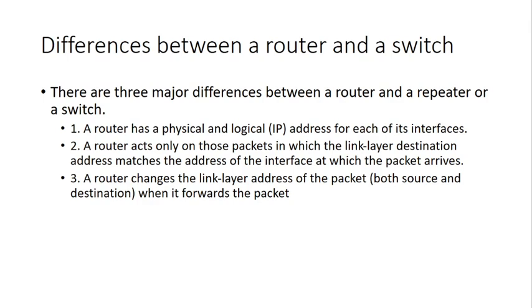And the third one, a router changes the link layer address of the packet, both source and destination, when it forwards the packet. So all these qualities of a router are not contained by the switch or the